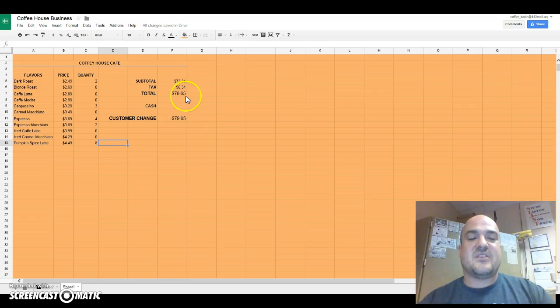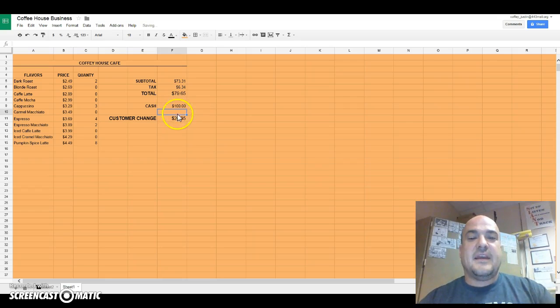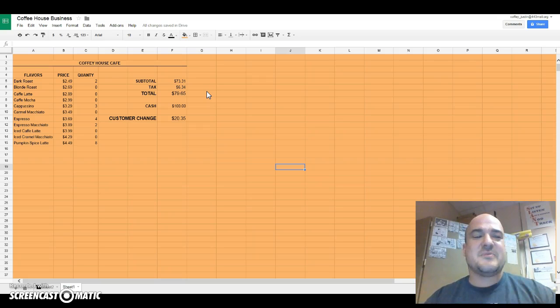total is $79.65. So if the customer comes in and pays with a $100 bill, the cashier will just type in $100 right here and hit enter, and the computer will automatically tell the cashier that the customer's change should be $20.35. So this is what you're going to create for your unique business. Notice that I changed the background color a little bit. I added some bold. I made some things bigger. I just changed things around so that it looked nice because I want my cashiers and my customers to have